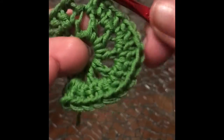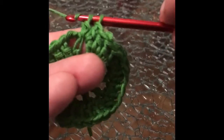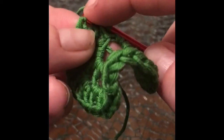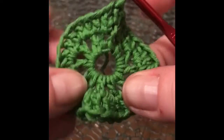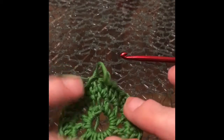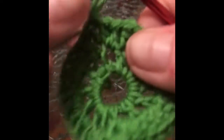So this is going to be my last double crochet in this round. So it goes into the chain space, and we're going to finish by slip stitching into the second chain made at the beginning of the round to complete it. That is the end of round 2. This is what you will be left with. You can already see it's really going to be quite pretty. You will have 36 stitches to work into,